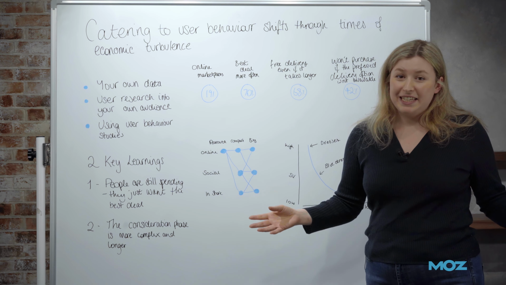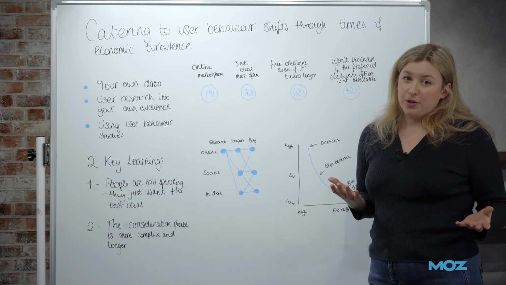And of course, ideally, preferably through organic search, somebody would come to your site online and they would do all of the research they need to do, all the comparisons they need to do, and then make that final purchase. But of course, that doesn't happen. So somebody might actually go online first of all, they might then go in store, try a garment on if they're shopping for clothes, and then buy it again online, or they might go to social. TikTok Shop is growing hugely. So there are all of these new ways, new technologies in which to purchase, and people are making good use of this. So it's much more complex now.